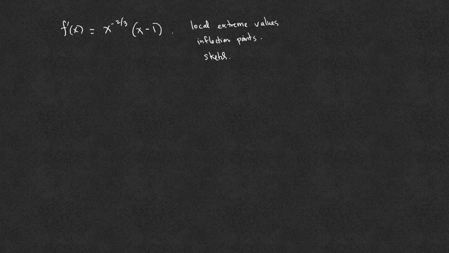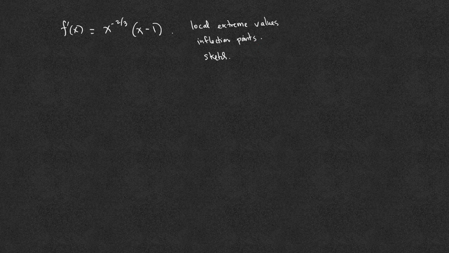Given the first derivative f prime of x equals x to the negative 2/3 times x minus 1, find the location where f has local maxima, local minima, any inflection points, and sketch the graph. The first derivative will tell us whether the function is increasing, decreasing, and any local extrema value. The second derivative will tell us any inflection points and the interval where the function is concave up or concave